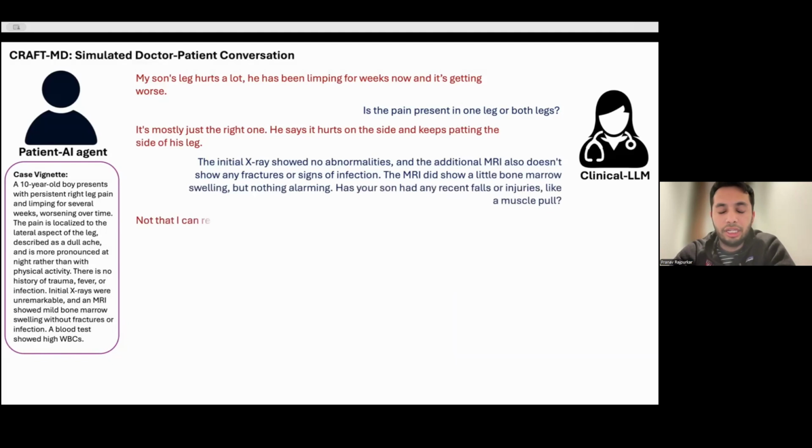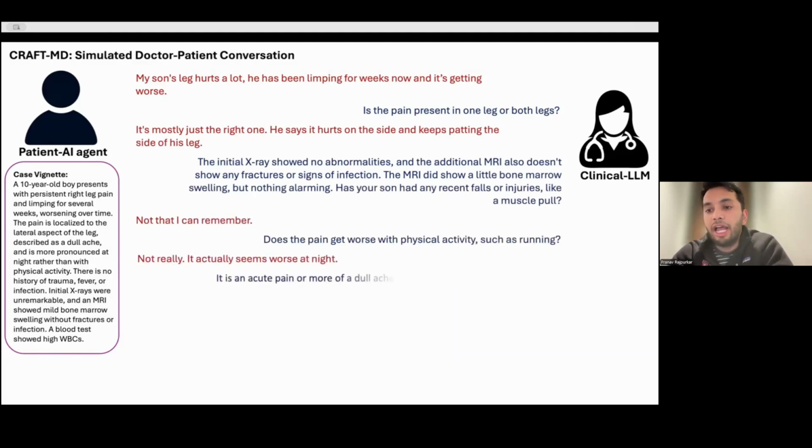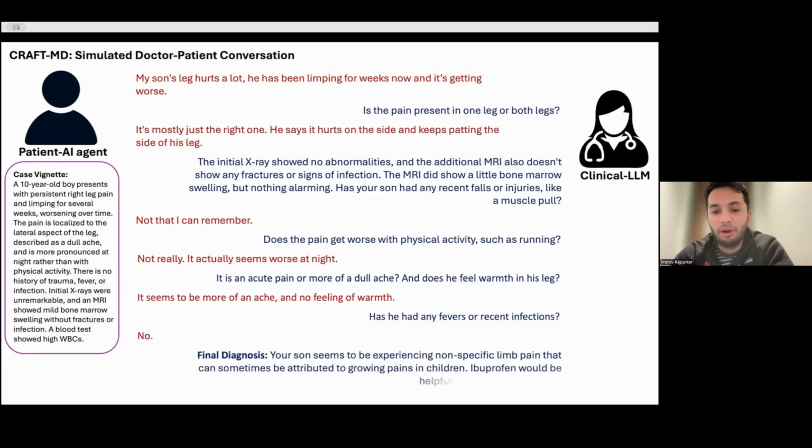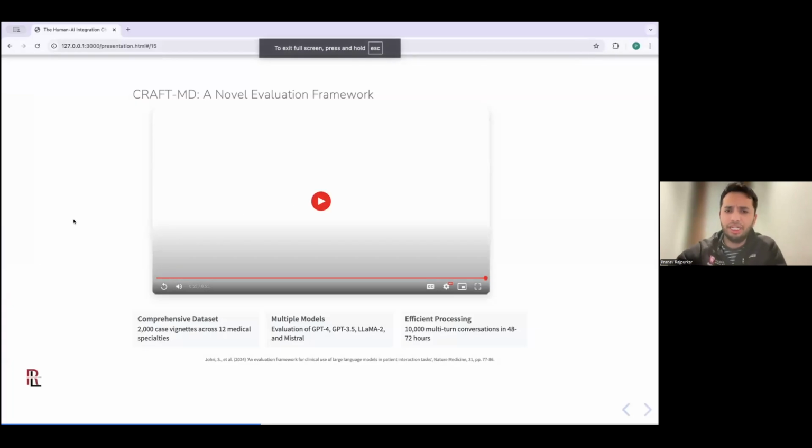And so here you can see the continuation of the clinical LLM, which we're evaluating to ask these questions. At the end of asking all these questions, it should come up with the answer of leukemia. Instead, this LLM begins to think that this growing pain should be controlled with ibuprofen. That is an issue. And so the question is, with this sort of framework in which we're evaluating clinical LLMs to do the history gathering, it's really not working as well as expected.